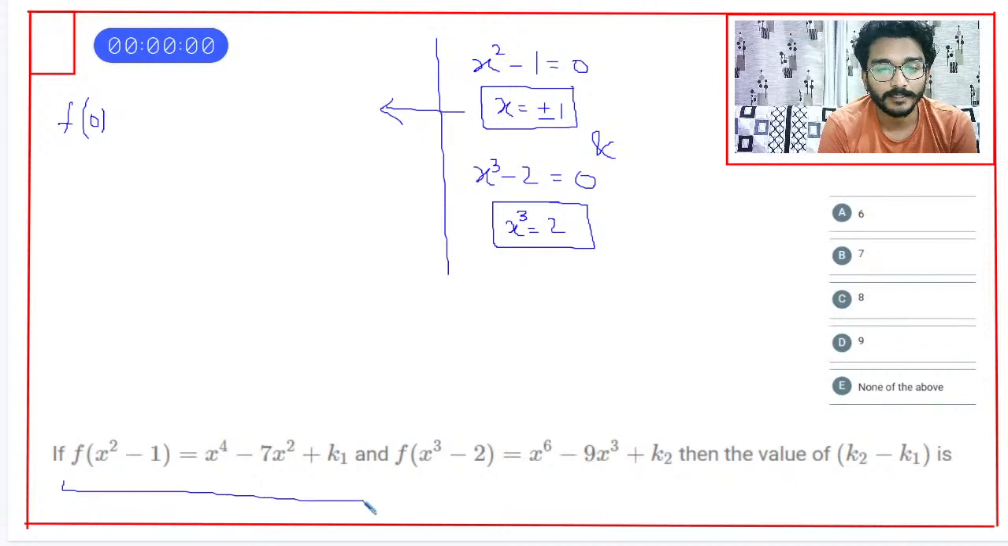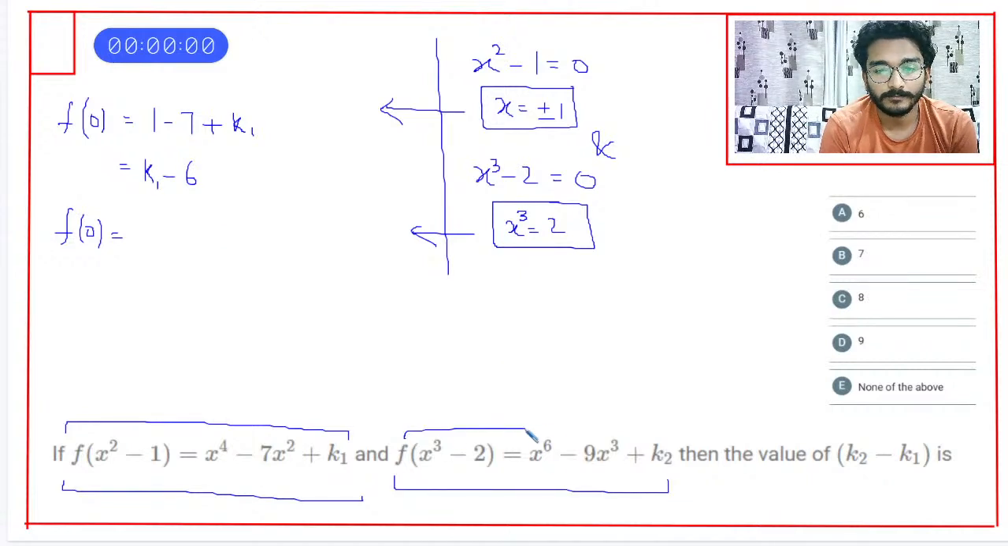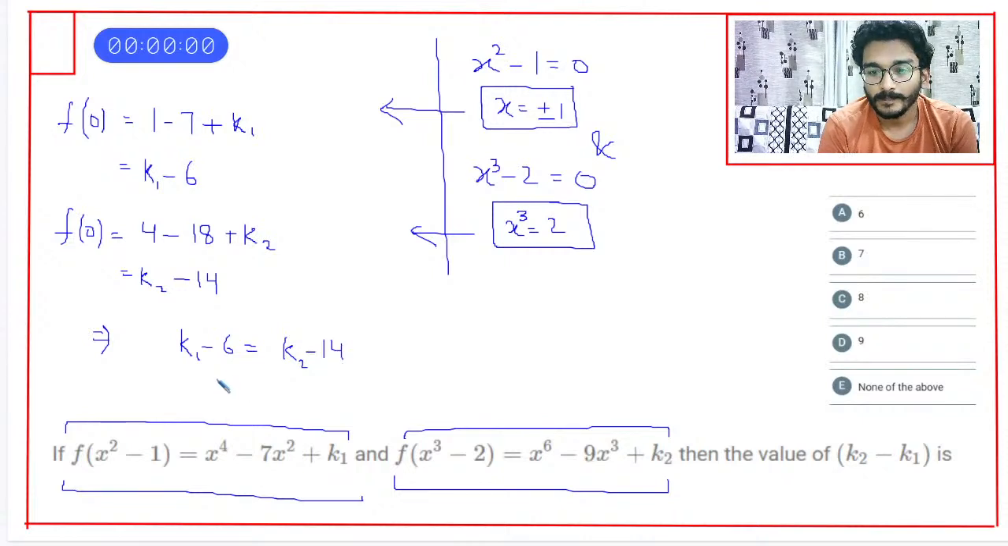f of 0 जो हमारा पहला वाला पार्ट है यहाँ पे, if I plug x = 1 और −1 whatever, तो ये 1 दे रहा है, ये 7 दे रहा है, क्योंकि इवन पावर्स हैं मेरे पास, और ये वैल्यू आती है मेरे पास कुछ k1 − 6। Similarly, if I put x³ = 2 here, तो x³ को अगर मैं 2 रखता हूँ सेकंड वाली इन्फॉर्मेशन में, तो x की पावर 6 कितना हो जाएगा, इसका स्क्वायर 4, 9 इंटू 2 18, और ये k2, तो ये हो जाएगा k2 − 14। एंड बिकॉज f0 है, थोड़ा सा ये अजीब सा है, बट k2 − k1 पूछा है, दैट वुड बी 8।